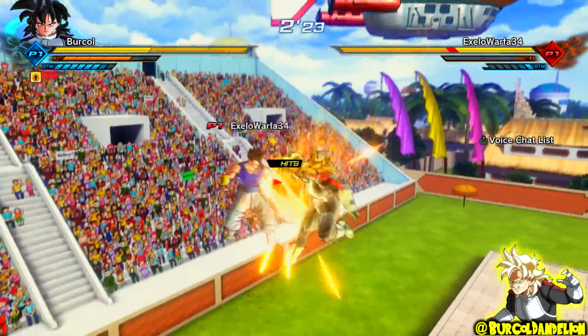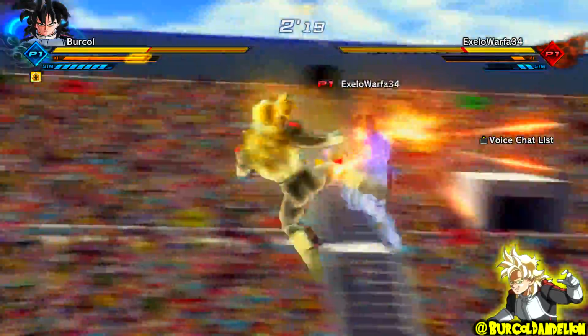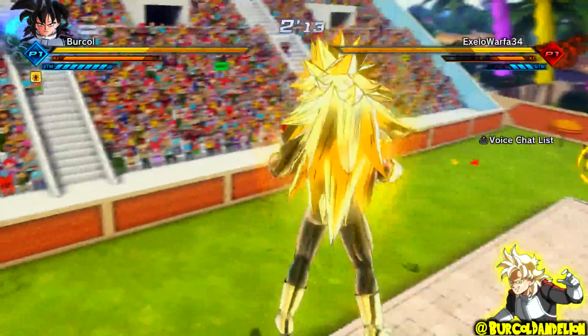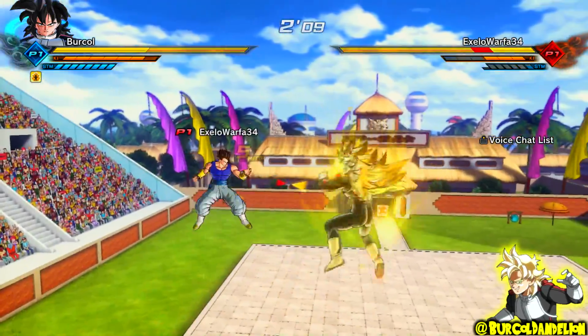So here I was expecting him to vanish as soon as he regenerated 2 bars of stamina, but he doesn't, so fair play to him there. We go into a small clash. I expected him there to try and rush into me, but instead he tried to use the throw, expecting me to rush into him. So then I turned Super Saiyan 3, and from this point on it's pretty much game